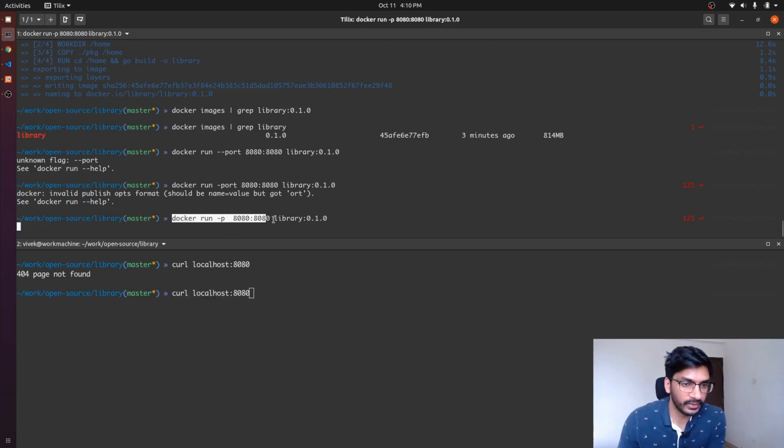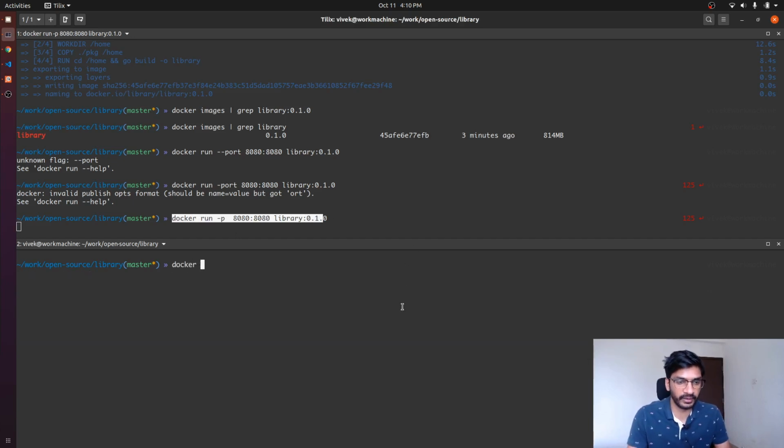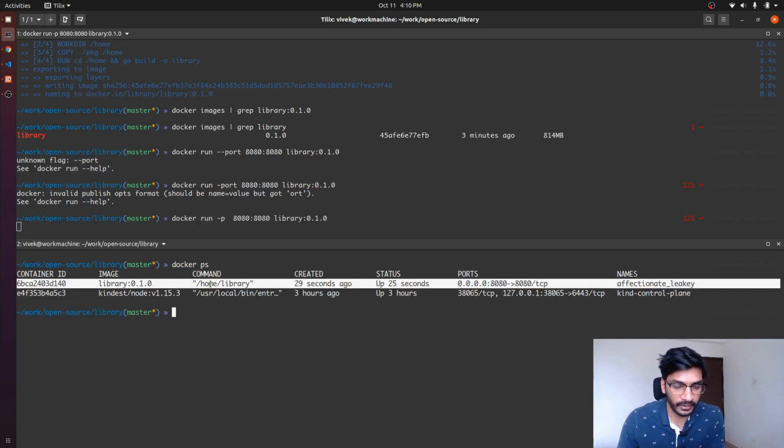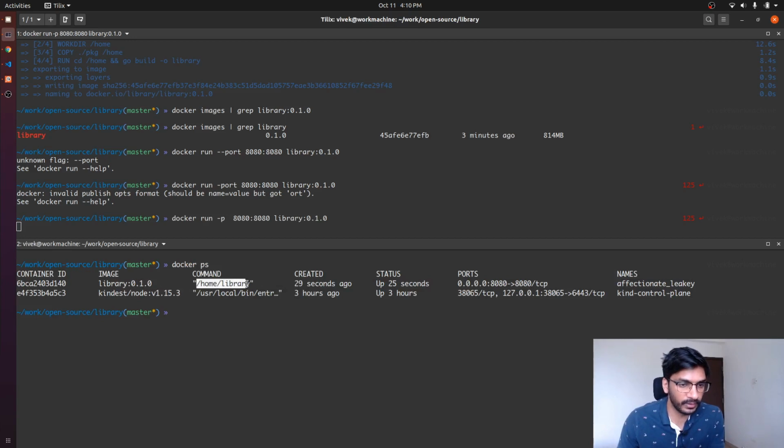Now after this particular command we have a container running. If I try to list all the containers, we can see that we have this container running, right? And this is the command that is being run, and this is the exact command that we have specified in our Dockerfile, right? And this simply means that this application is going to run.